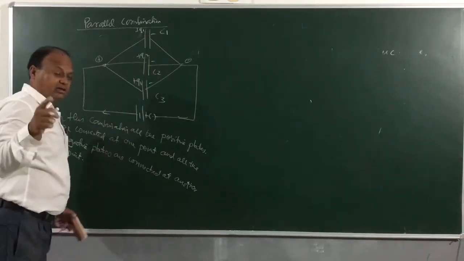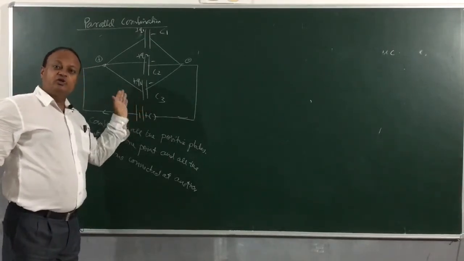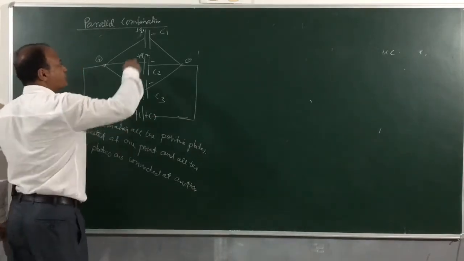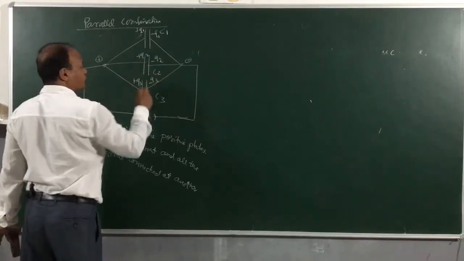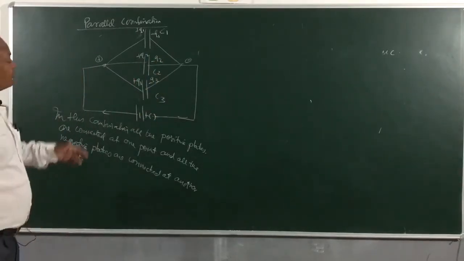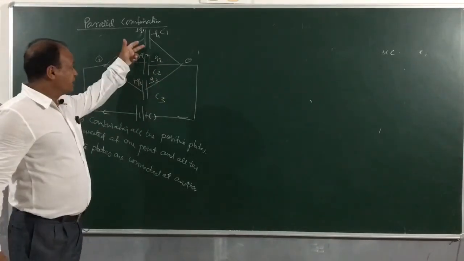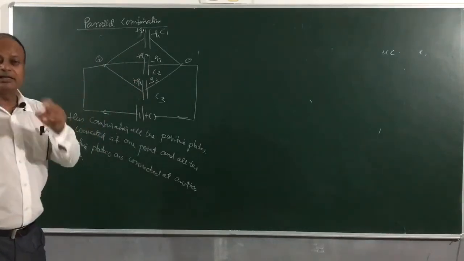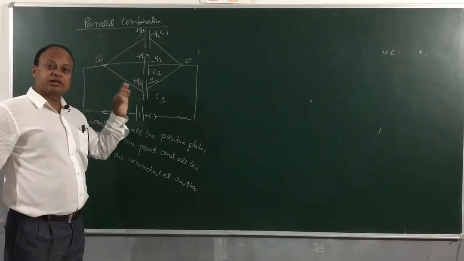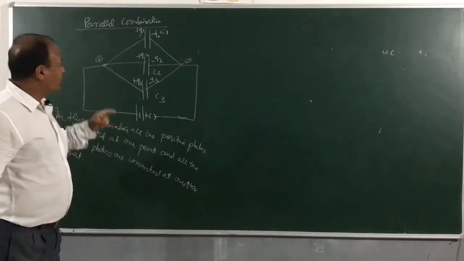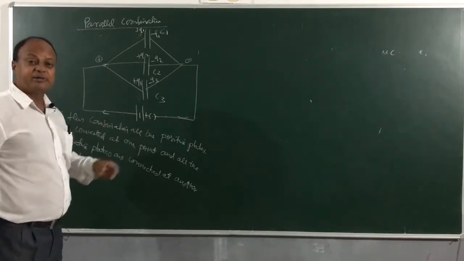Then you know, in a capacitor there is no conducting medium between the two plates, so an equal amount of charge will be induced on the other plate. So this will be minus Q1, this will be minus Q2 and this will be minus Q3. I hope by now you understand it. Since all the capacitors are connected between two given points only, the potential difference will be the same. Bear in mind, in series combination charge was the same, here what will be the same? Potential difference across all the capacitors will be the same, and if I add up the charges Q1 plus Q2 plus Q3, that will be equal to the charge supplied by the battery.